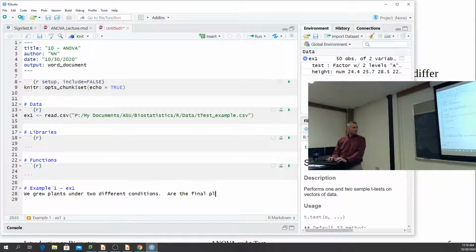Are the final plant heights different? That's what we're interested in. It's just like, let's say, a master's thesis question. Are the heights different? All right. So based on that, we're going to have our null hypothesis is that